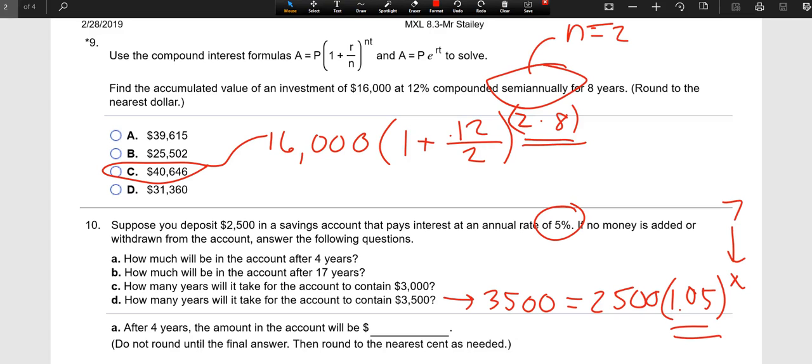Question 9 together, and we talked about it being semi-annual, and that's 2 times a year, and so we worked